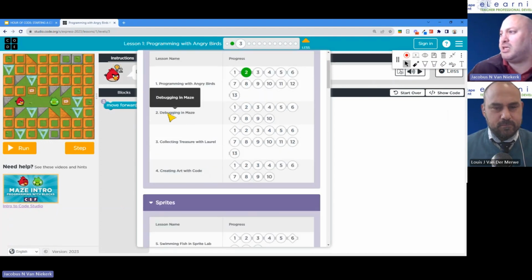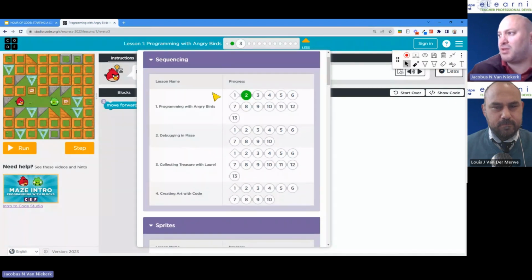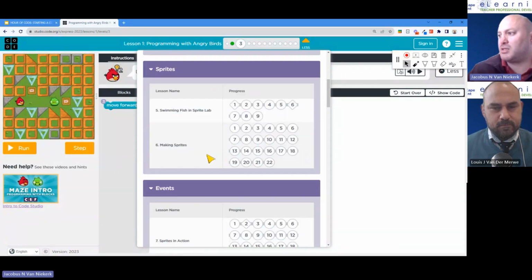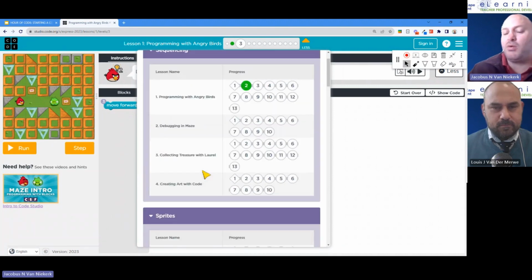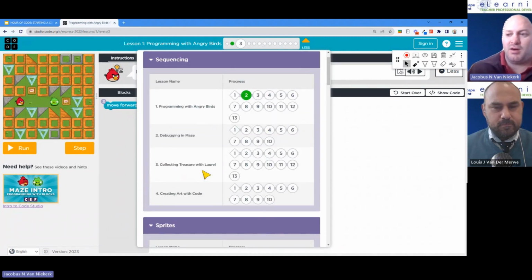You can see there's the debugging part that they've put in. They'll give you code, it doesn't work, you need to figure out what's wrong with it and fix it. And then there's all sorts of different things that we can do, sequencing, sprites, etc. It gets progressively more challenging, and all the concepts of coding are embedded in this.